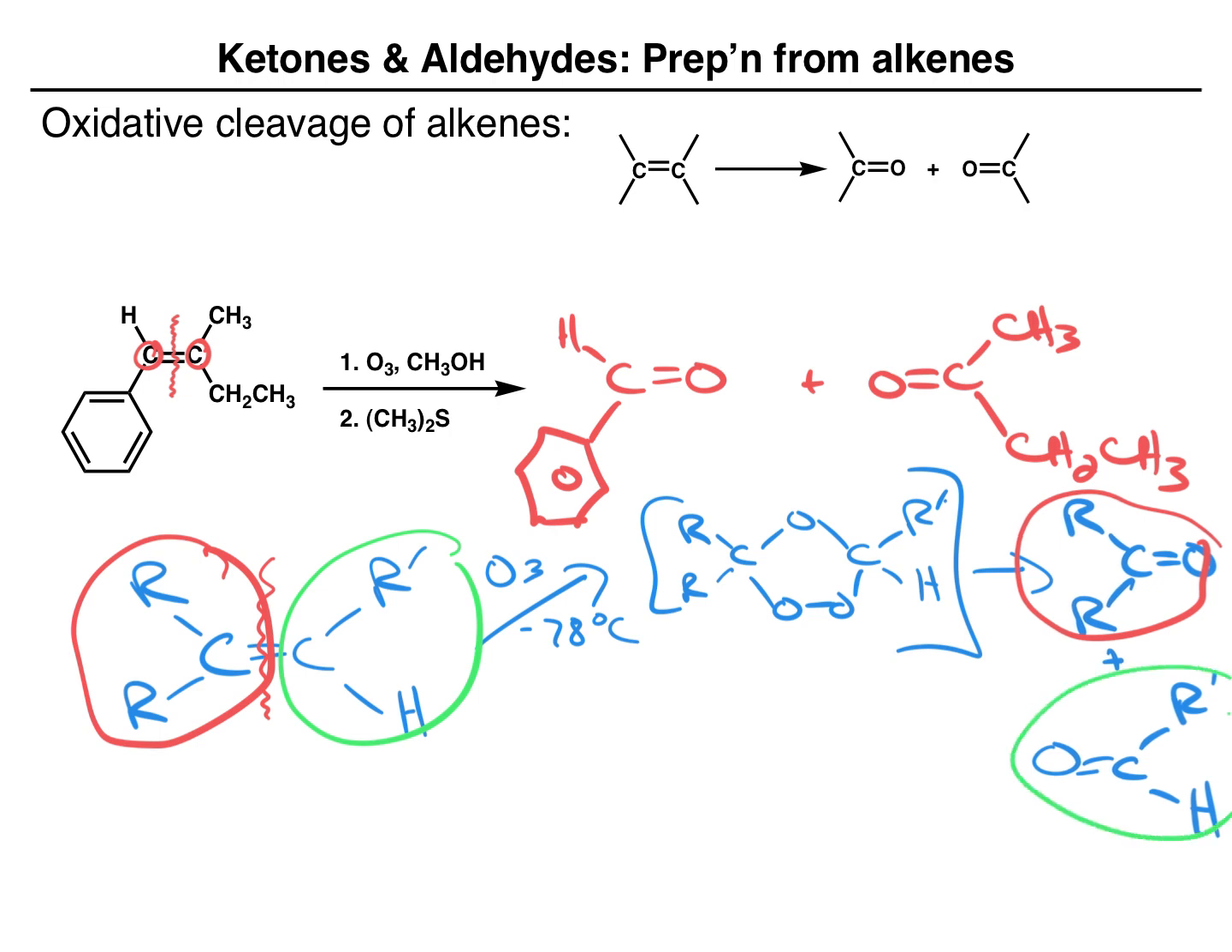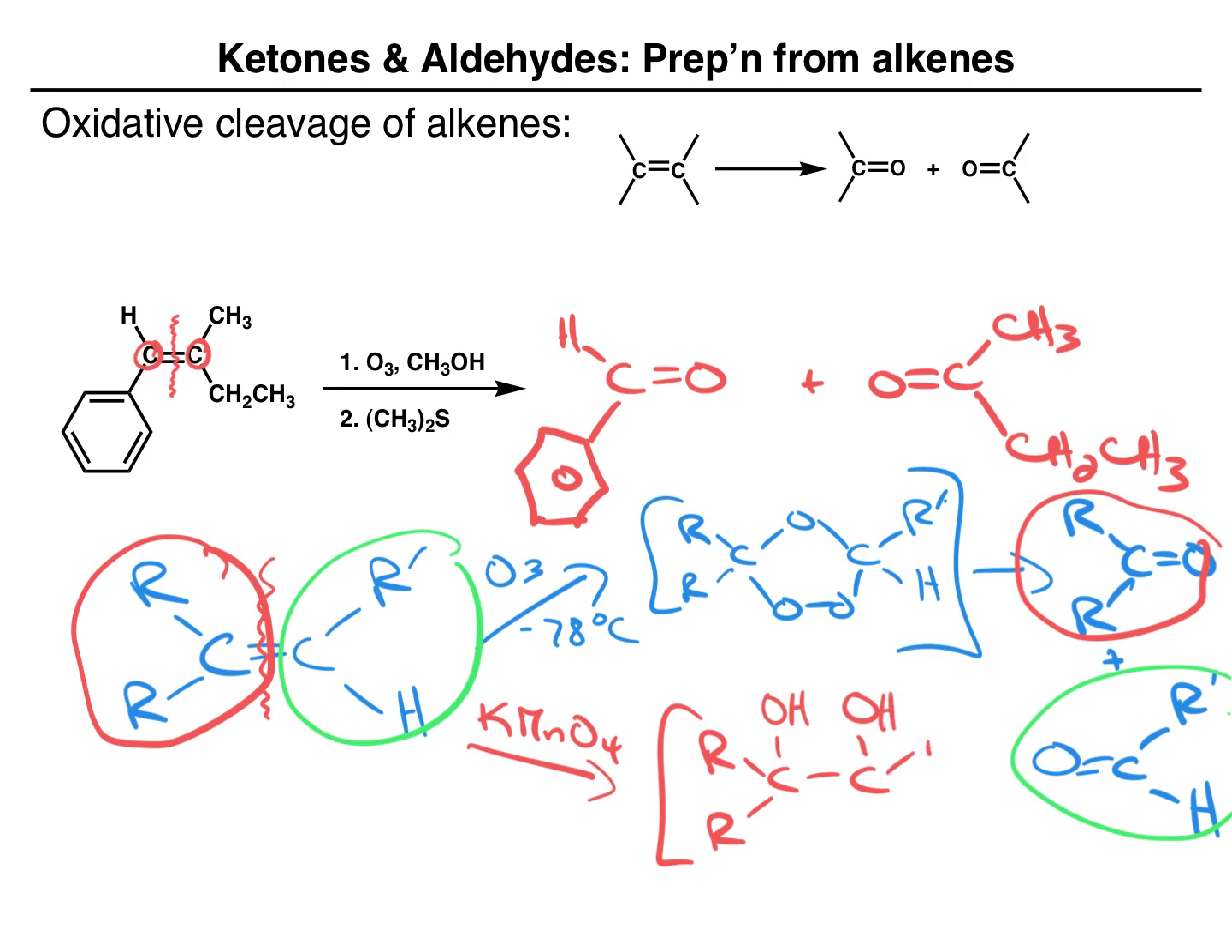An alternative is to react this alkene with potassium permanganate. When an alkene is reacted with a dilute solution of potassium permanganate and the reaction is kept cold, then this will lead to dihydroxylation, and it will stop there. But instead,